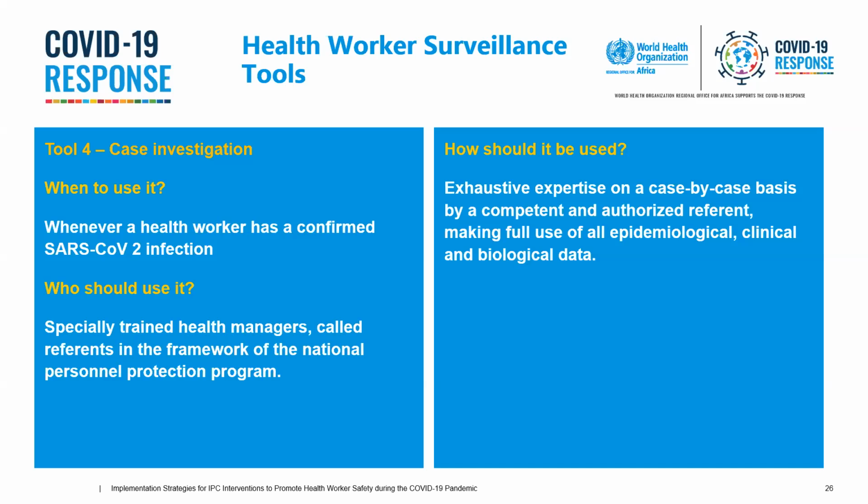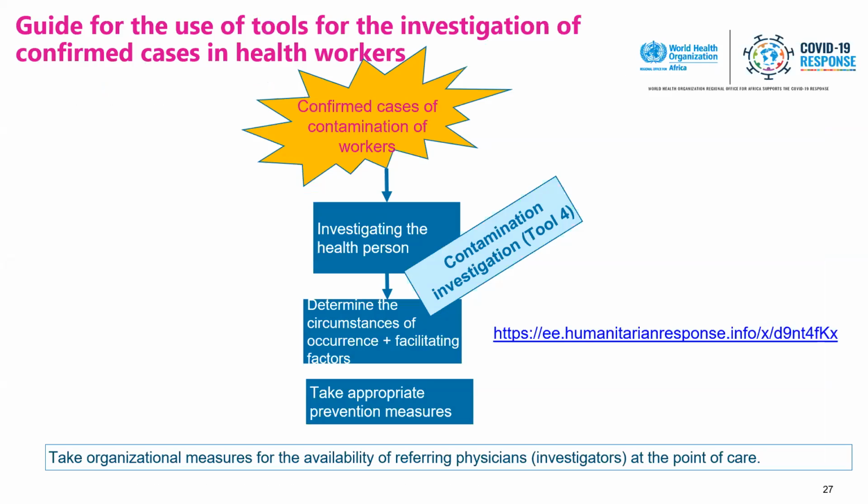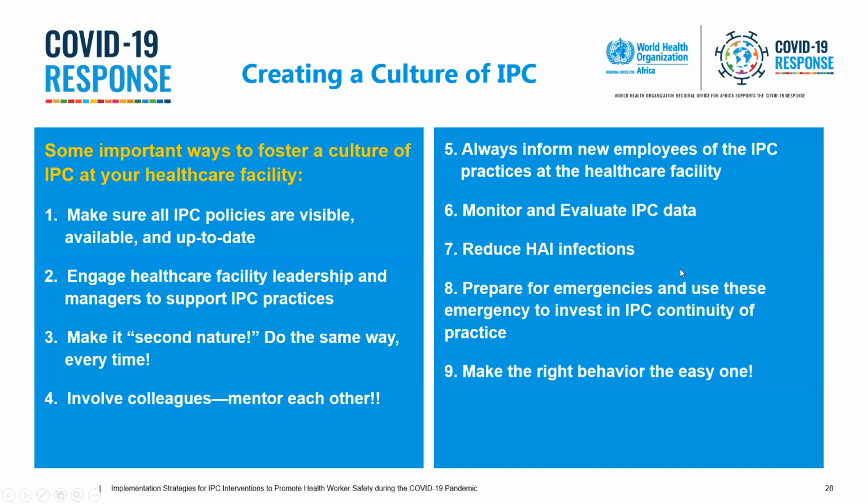And then the third tool, we call it tool 4, but it is after you have had a confirmed and identified health worker COVID-19 case, going back and doing a case investigation to be able to see where exactly did the exposure happen and where were some of the IPC gaps and challenges that were contributing toward the exposure and case. And then here's the algorithm for that as well. And then of course, here is the link to the Kobo form that you can use also.